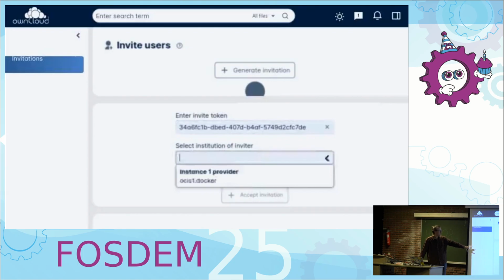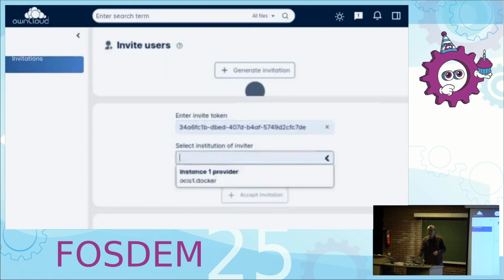But there are two parts of it. You have a token and a provider, so that's a bit tricky. You would like to have a beta, like a where-are-you-from page, that makes this easier. But we're still working on that, making that easier. So I'd like to get technical. This was the non-technical part.